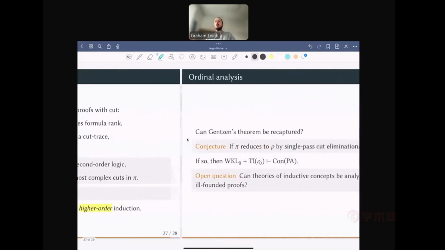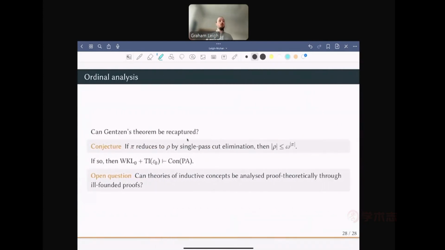Okay, and actually now I'm wrapping up, so let's return to the ordinal analysis of Peano arithmetic. Can we get the classical ordinal analysis of Peano arithmetic that says that induction up to epsilon 0 is sufficient to prove the consistency of Peano arithmetic, or some other characterization of Peano arithmetic with epsilon 0? Well, we can get it by